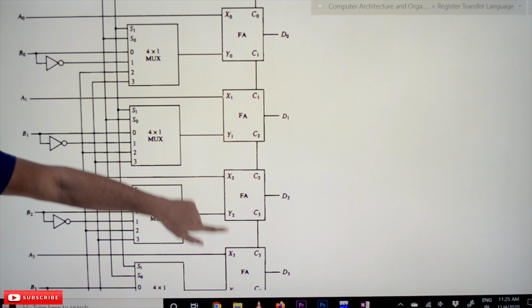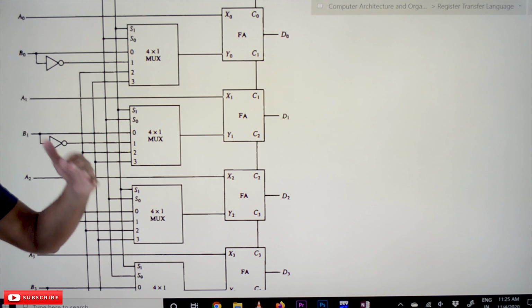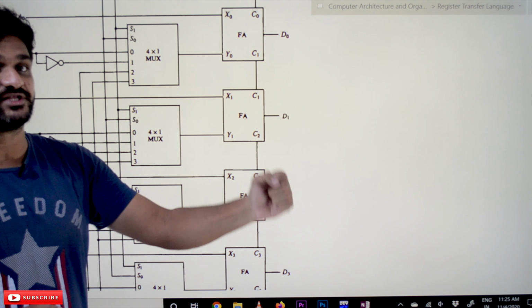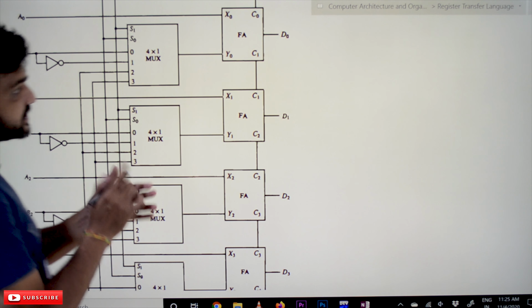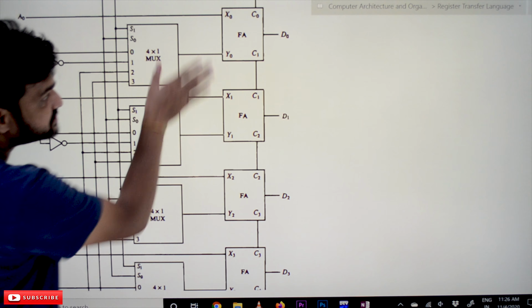a 4-bit binary adder. The concepts of binary adder have already been discussed in digital logic design. Hoping that you have already watched that course, which is the prerequisite for this course. And the circuit consists of a 4-bit binary adder, and the inputs of this binary adder.